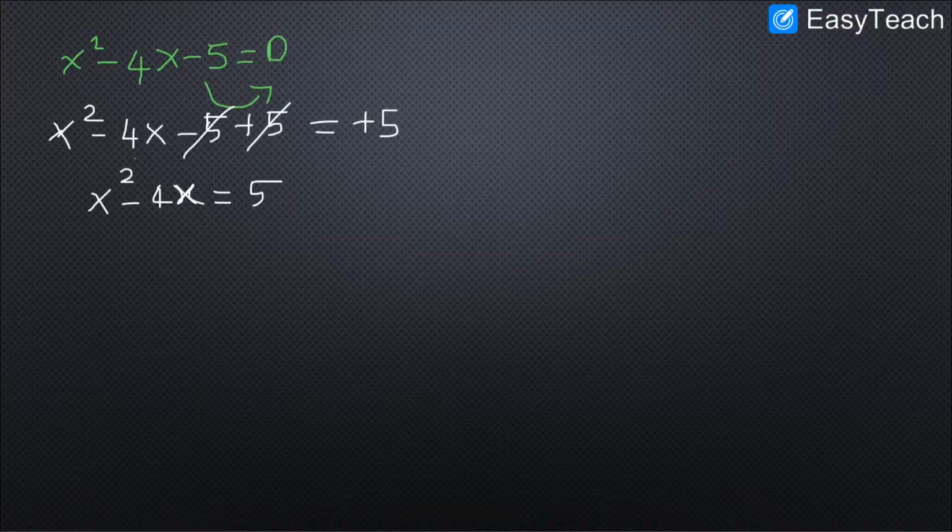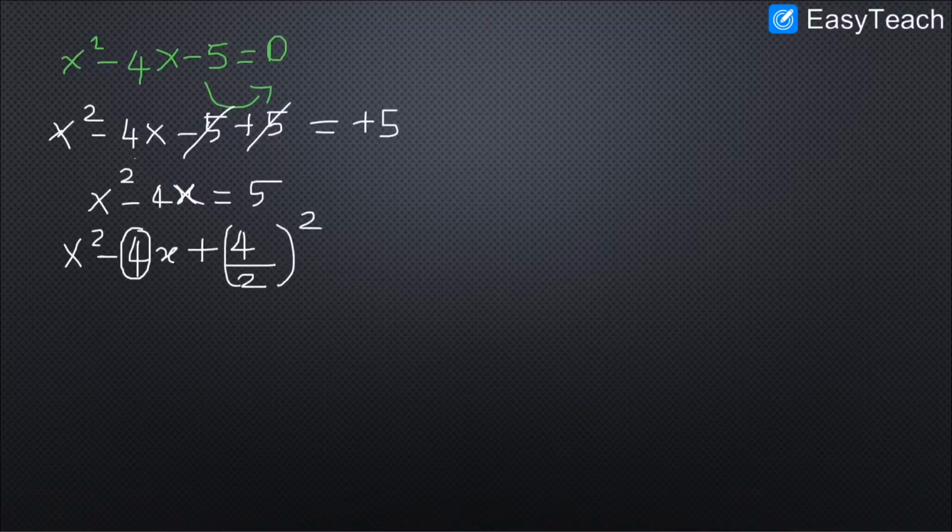In the next step, first I write the second term also. Then I am going to find the half value of this number, which is 4 by 2, and I am going to square this. Only this way is it going to work. So just find the half of this number and make the square. Like we said, whatever operations we perform on the LHS should be performed on the other side also.